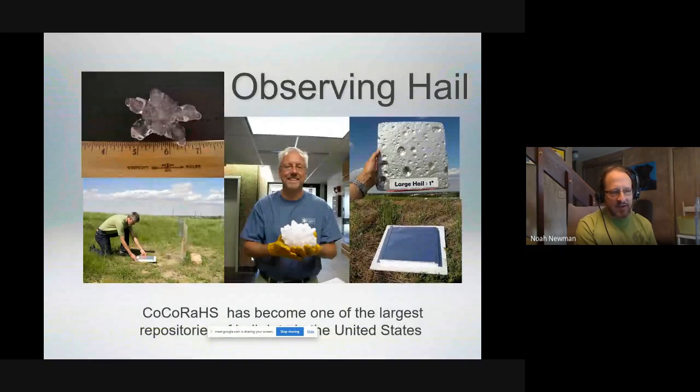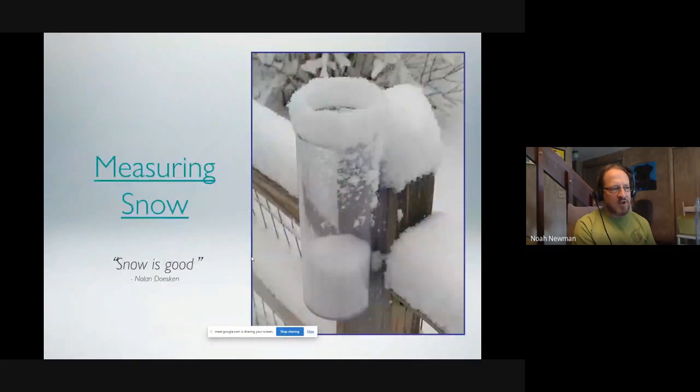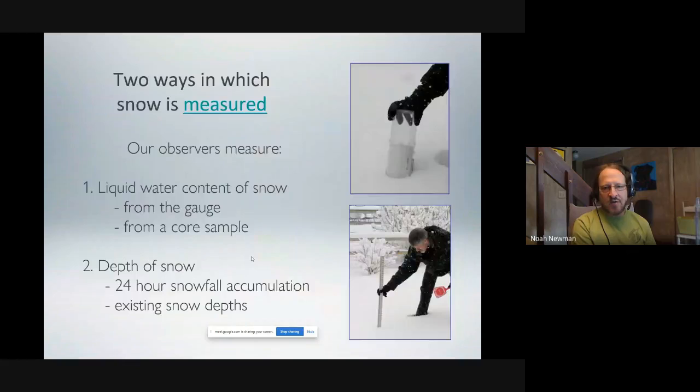We do also hail. If it hails, you can submit a hail report. We also do snow. If it snows, you can measure the snow. I'm not going to go into the details because that's